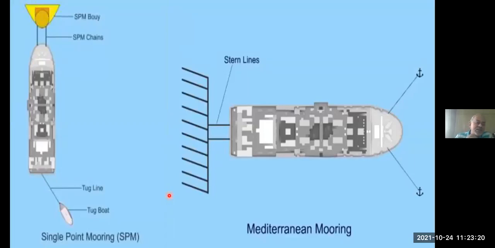Okay, now this is shown as single point mooring. This side, single point mooring. When a ship is tied up to a buoy, here SPM, single point mooring buoy. As soon as you say buoy, it means it is floating on water and it is fixed to the seabed by a concrete block or by an anchor. So this buoy is anchored to the seabed or it may be fixed to the concrete. Okay, so this is SPM mooring.